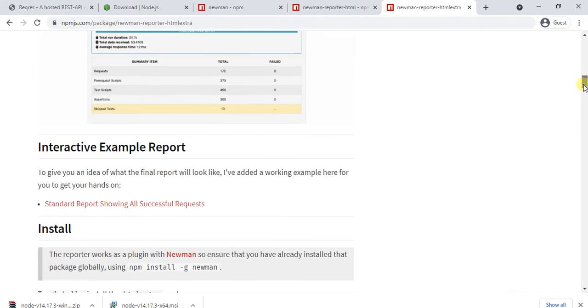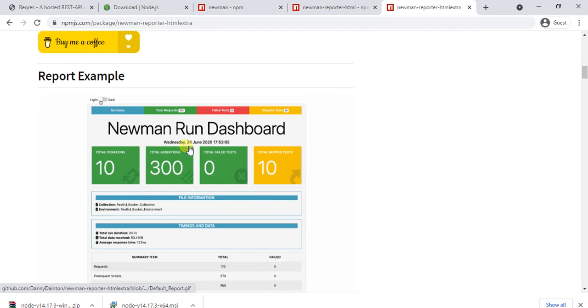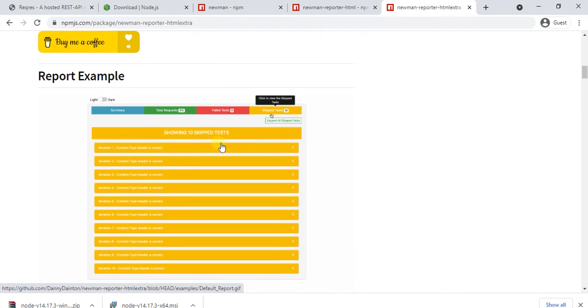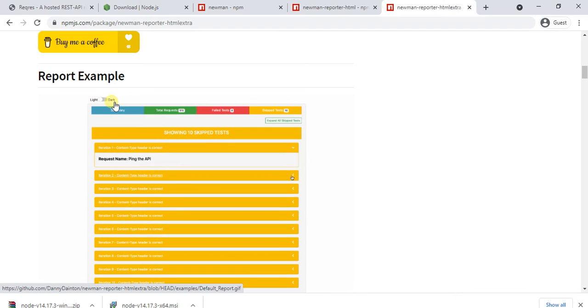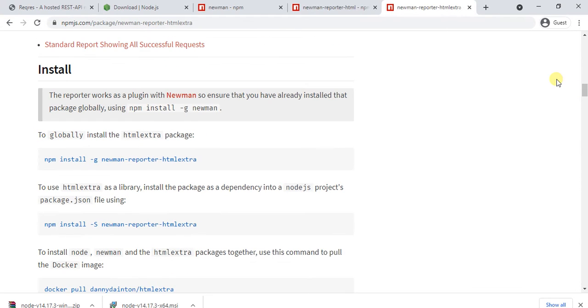Okay, this is the report example. It is showing the Newman run dashboard. So here you can run light and dark mode. So let me show you. This is the command you have to open in the command prompt.